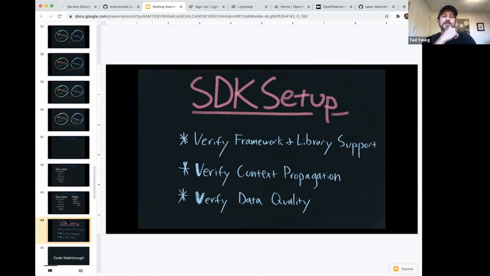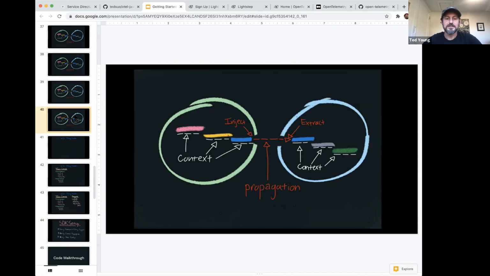And then last but not least, we're going to get into SDK setup. So if you're going to actually sit down and start attaching OpenTelemetry to your services, before you do that, there are some things that you want to check. You want to verify first and foremost that the frameworks and libraries you're using actually have instrumentation plugins. So, getting back to this diagram, if the HTTP client and the HTTP server aren't instrumented with OpenTelemetry, then inject and extract won't work.